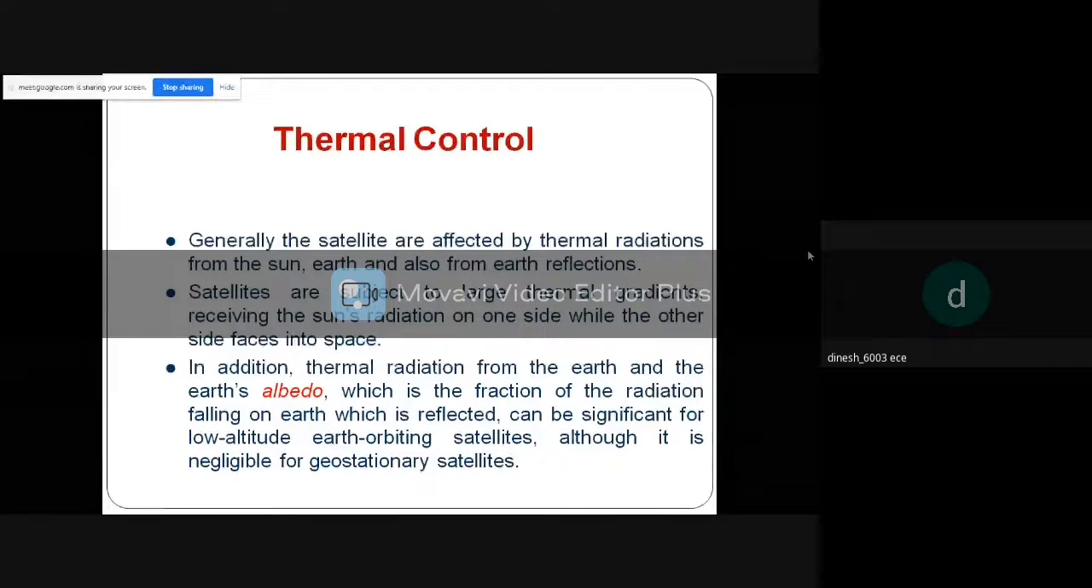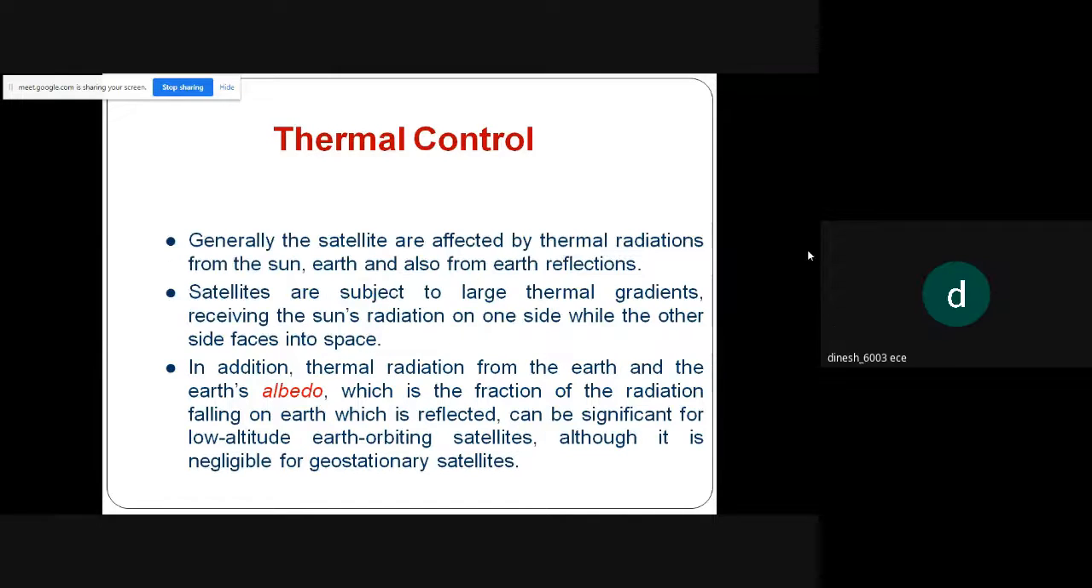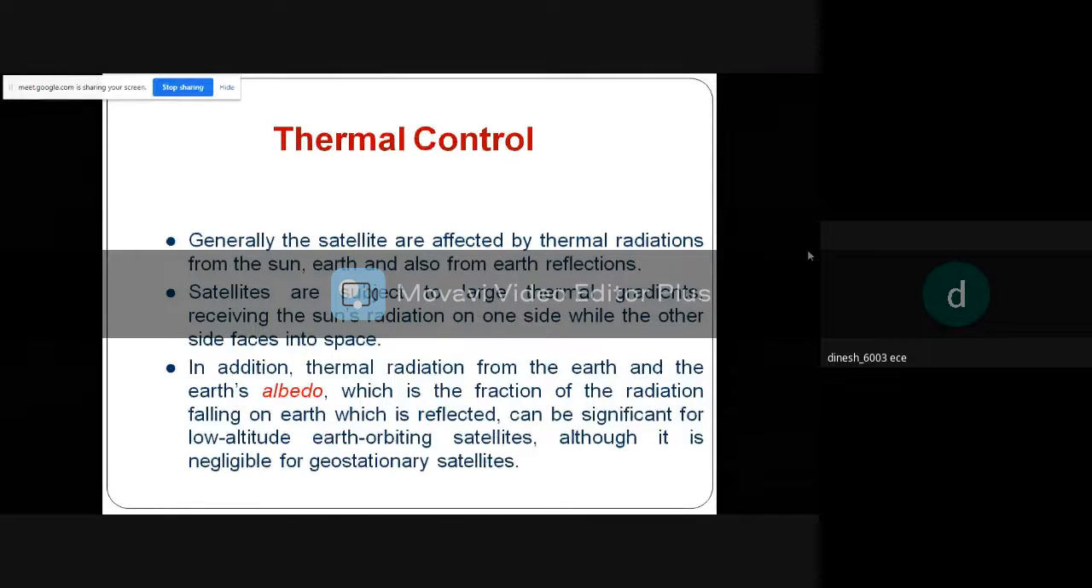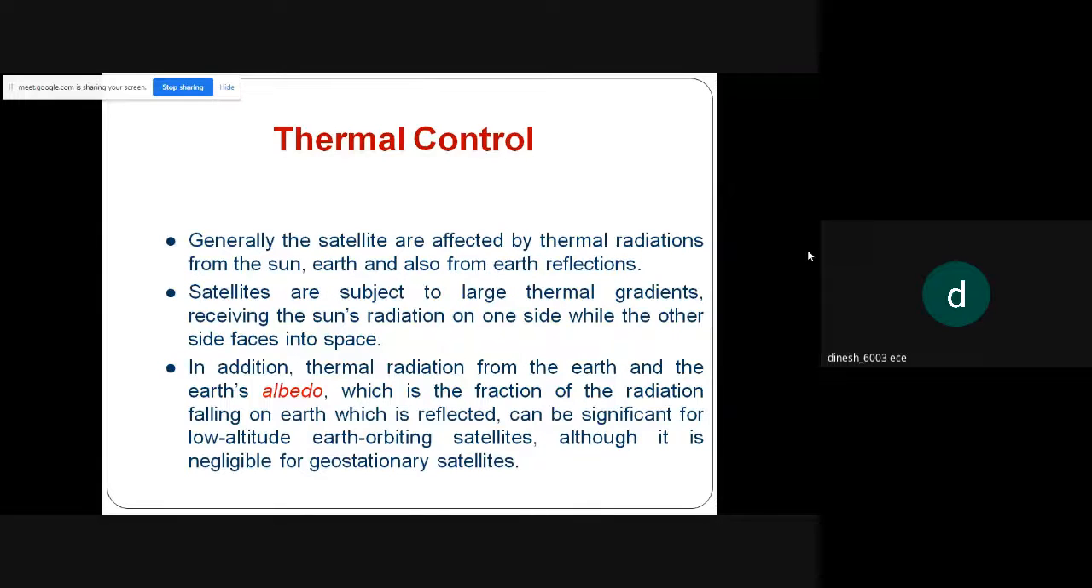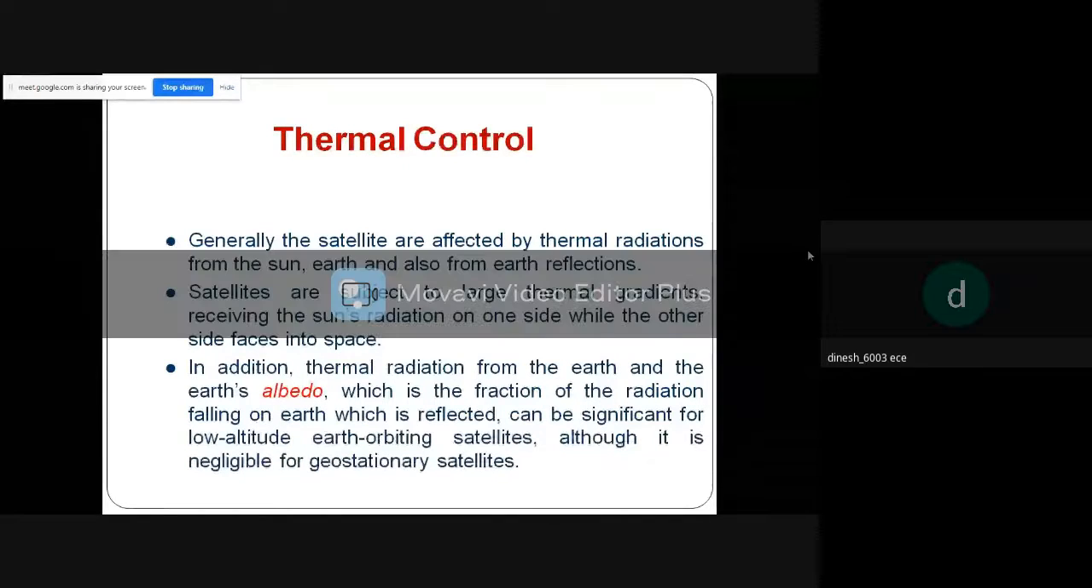So after the attitude control, we are going to see the thermal control. Okay. Generally, the satellites are exposed to thermal radiation from the sun and the reflections from the earth. The satellites are subject to large and huge thermal gradients due to the sun's radiation on one side, while the other side faces into space. In addition to this, thermal radiation from the earth's albedo, which is the fraction of radiation